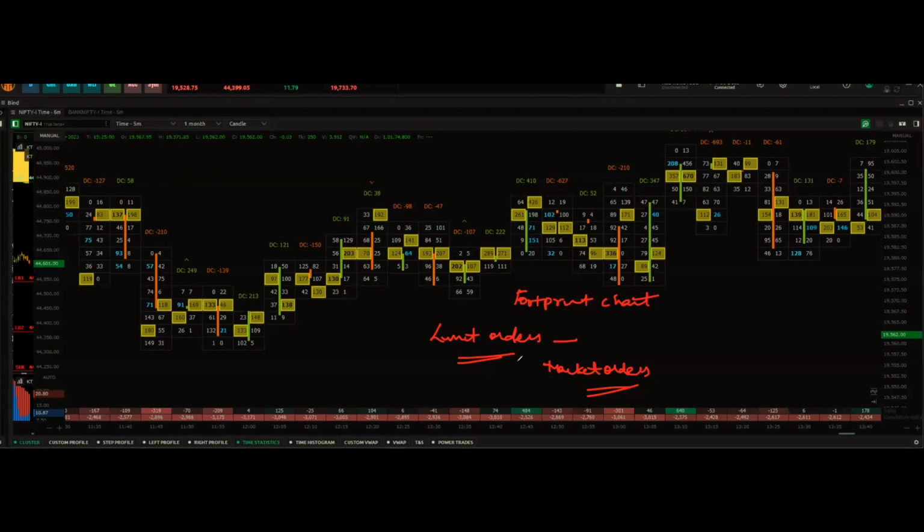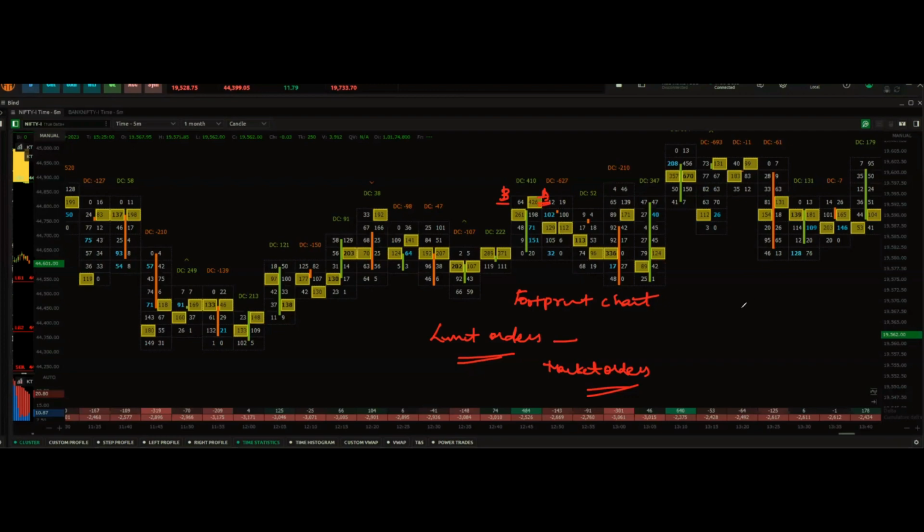This has a better edge, and this is more reliable than your traditional supply and demand zones, because you get to see in real time what exactly is happening in the markets. Now, if you look at an order flow chart, you have two sides of it. This is your candle bar, for example. The left side is called your bid side, and the right side is called your ask side.